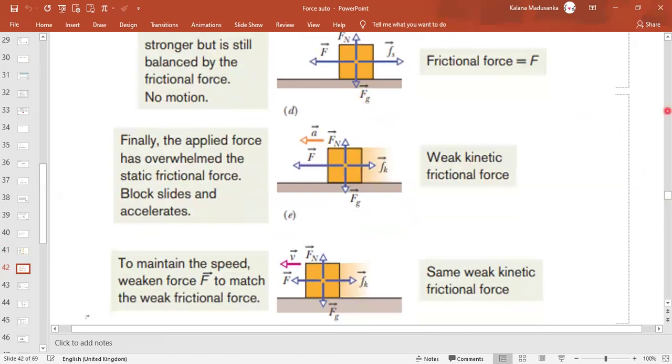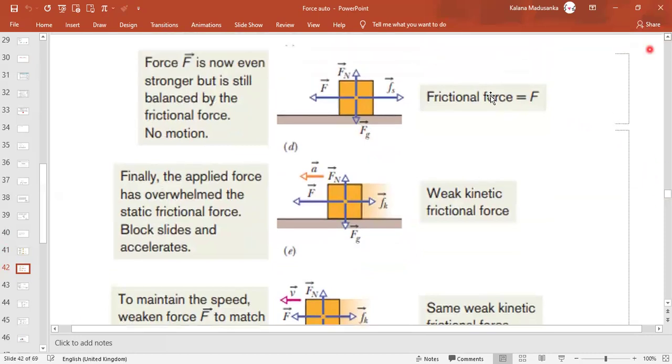Okay. Now, after a certain time, this object has to be moved, right? This object has to be somewhat moved. However, let's say you have a maximum value of maximum static friction force. Let's say for this one, I just assume a value, it is 50 newtons, right? Which means up to 50 newtons, even though you applied 50 newtons here, is the object going to move? I'm applying 50 newtons to the object, but